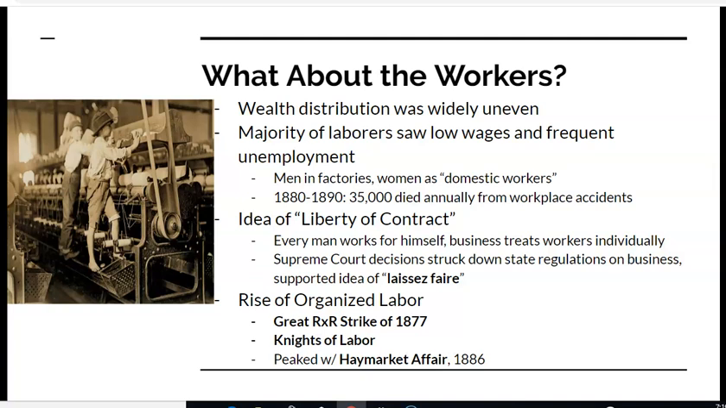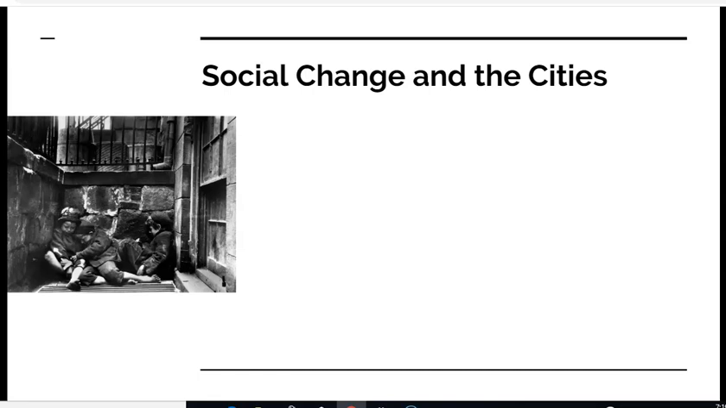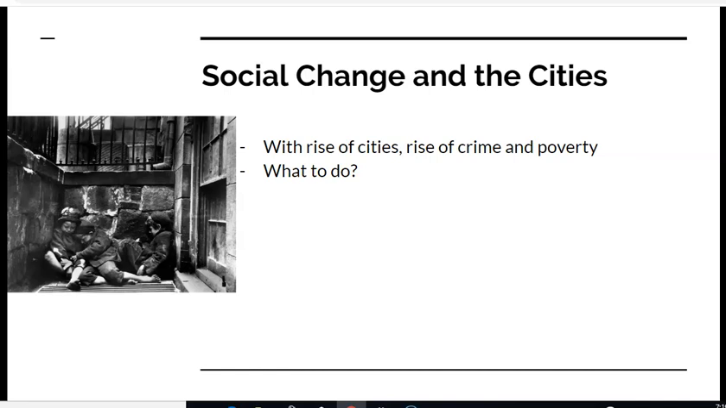But the Haymarket Affair is not going to work out well for the Knights of Labor and other unions. And so we're going to see a slight regress in union strength and participation. Meanwhile, this is a time period of great social change and growth in cities. With the rise of cities came a rise in crime and poverty, because nobody had really seen cities this big in the United States